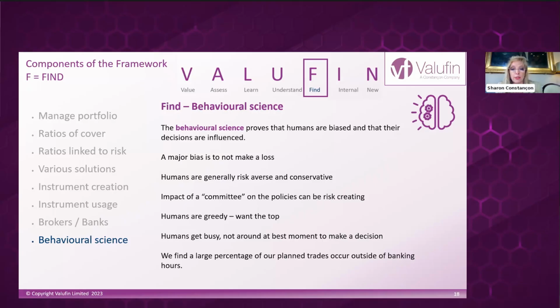And the result of these various biases is we invariably delay a decision. We often go for a non-decision because of our biases rather than making a definitive decision, particularly when things are not perfect and they're not going the way we want them. When they're going perfect, we get greedy and we want more, and we don't make decisions again. And again, at the moment we should make it, we're not available. We're busy. We're in a meeting and the moment's gone. So we then think, okay, well, let's wait for it to come back again. And again, behavioral science, the behavior of humans comes into play, and you might never see that again.